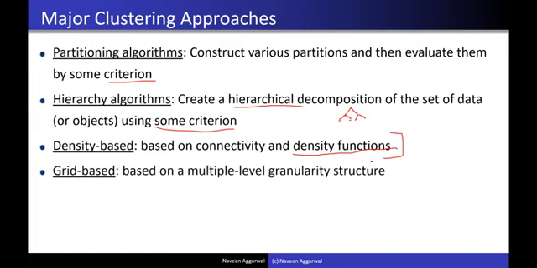Then we have grid-based algorithms. In the grid-based algorithms, we depict all the examples on some particular attributes, and we define the grid using those attributes. Suppose we have attributes A1 and A2, and maybe there can be multiple attributes.